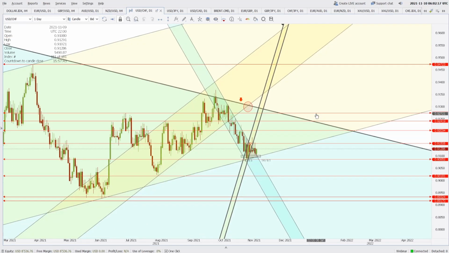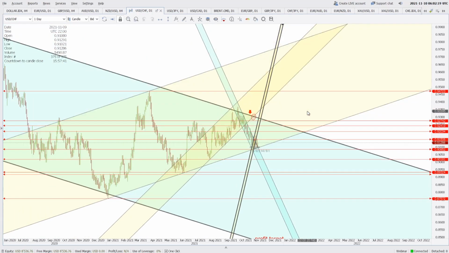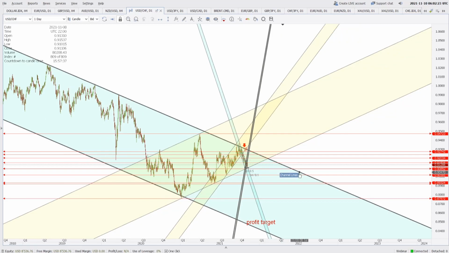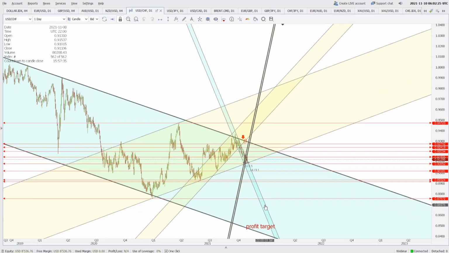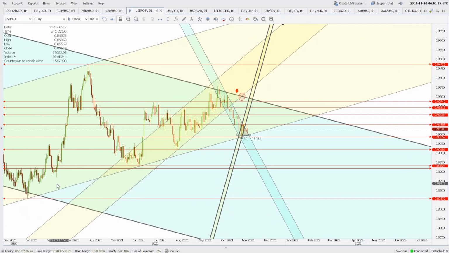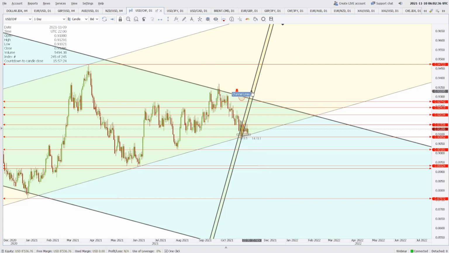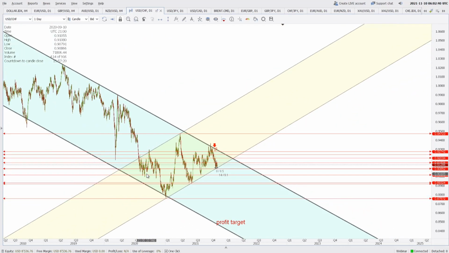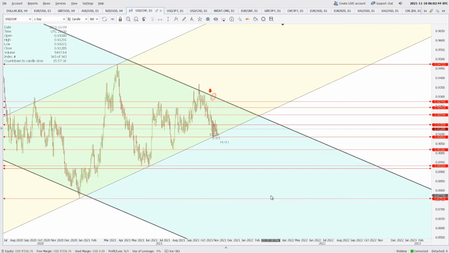Talking about the USDCHF, in the long run it is actually moving in this falling channel, but for the short term it is trying to obey this rising channel. This channel is broken, so I will just remove it so that the picture is clear. This channel is also broken, so I will remove this also. This channel is also broken, so I will remove this. So you see, in the long run the price is moving in a downtrending channel, but now it is trying